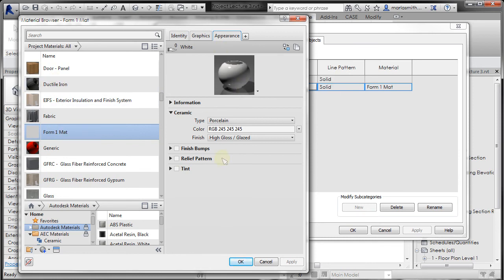Yours probably looks a little different than mine. It's probably a default material. Right now mine is set to a ceramic, and based on the appearance asset, it's going to have different options for you to change down here. So you can see I have type, color, and finish, and then there's some bumps and relief pattern and a tint. I'm going to go ahead and switch this to a default material,